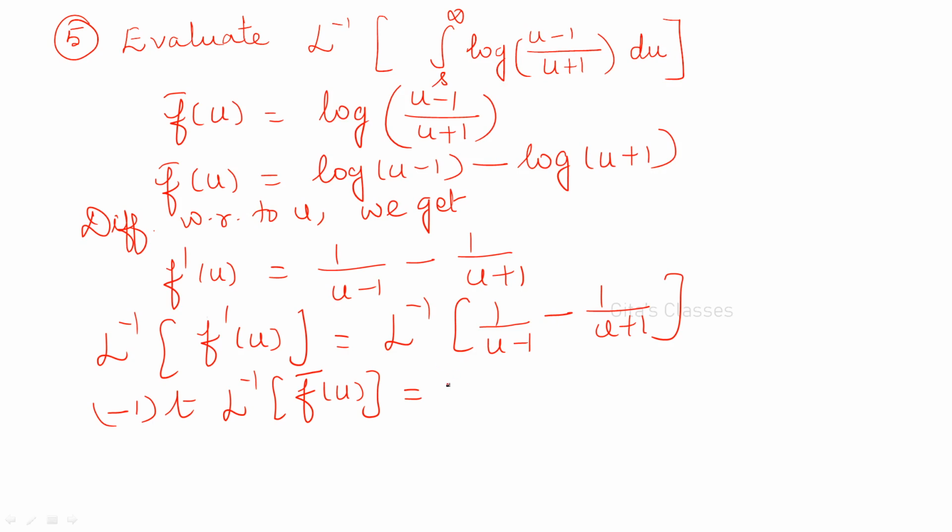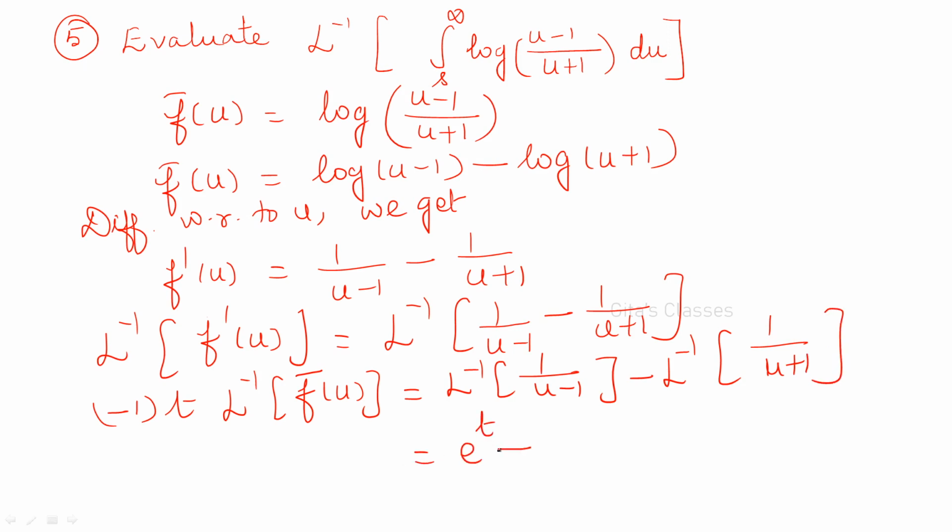Into that is L inverse of, here you can differentiate, split them using linearity property. So L inverse of 1 by u plus 1. So what is this? E power t minus e power minus t. Here you have minus t into L inverse of f bar of u is f of t. So minus t into f of t is e power minus t, e power t minus e power minus t. Therefore, f of t is equal to